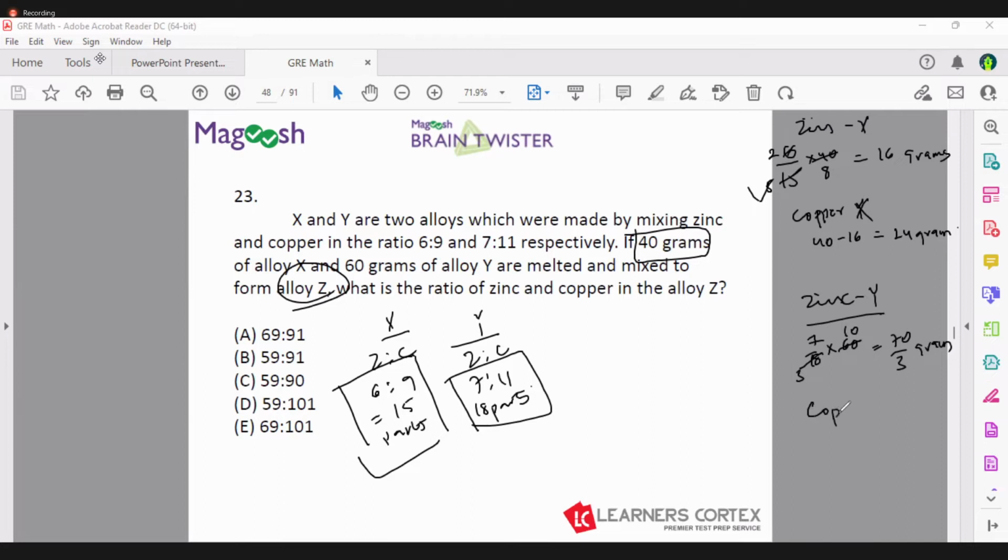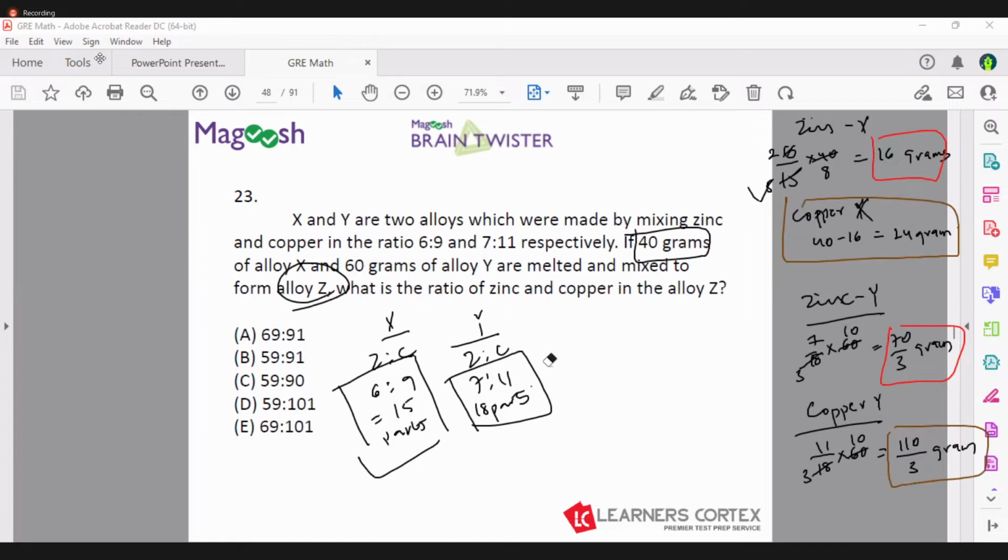Similarly, for copper in alloy Y, it would be 11/18 times 60 grams, which would again be 6 times 3 and 6 times 10, which will be 110/3 grams. Now we have the total amount of zinc, which is 16 plus 70/3, and the total amount of copper, which is 24 plus